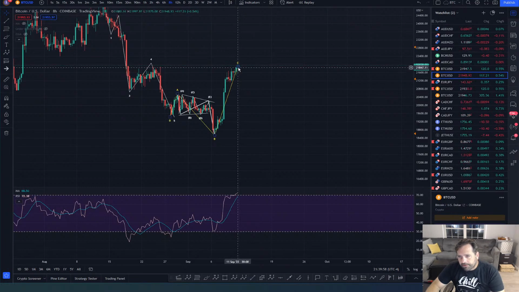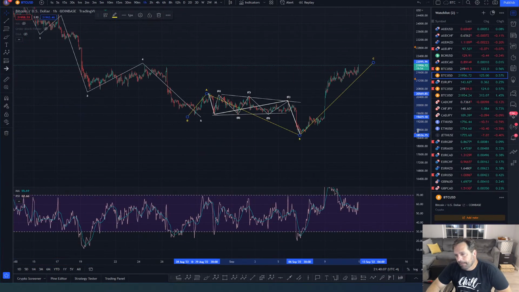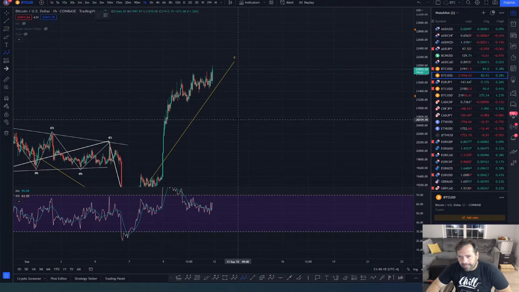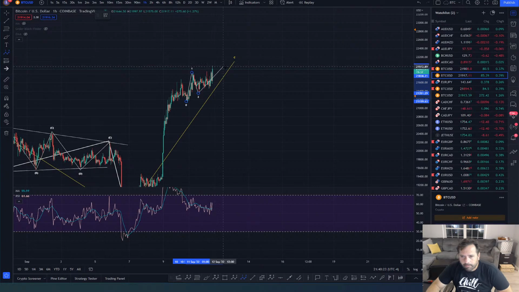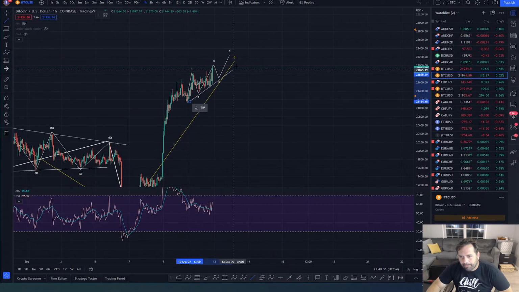This may be about finished. The price action this weekend has been really, really hard to understand. I've been trying to understand it. They may be doing an ending diag of some kind. Probably are. Probably already have a wave 4 in, and I didn't realize it. The wave 4 is probably in. Now we're getting some kind of an ending diag. 1, 2. Maybe this is the 3. Maybe we get a wave 4 and then a 5. Something like that. We get an ending diag. That's probably what's happening here.